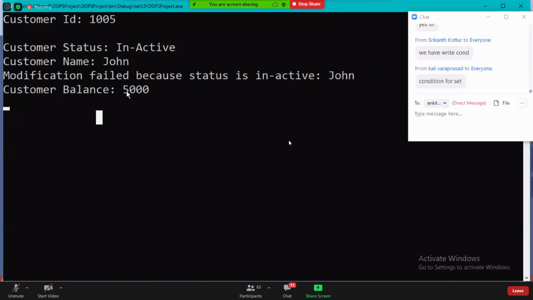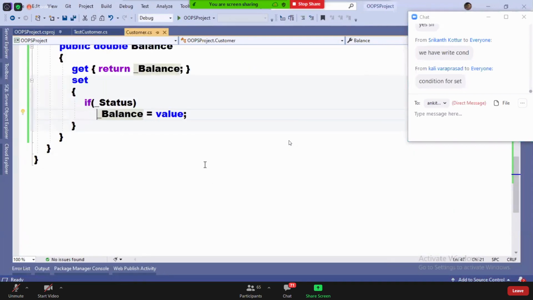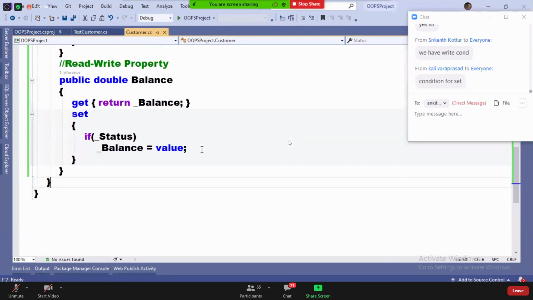One more thing, guys. Here we wrote a condition for set. Now, when the status is inactive, balance also should not show the original balance. It has to show zero. When the status is inactive, I don't want to show the balance to the customer. I want to show the balance as zero.